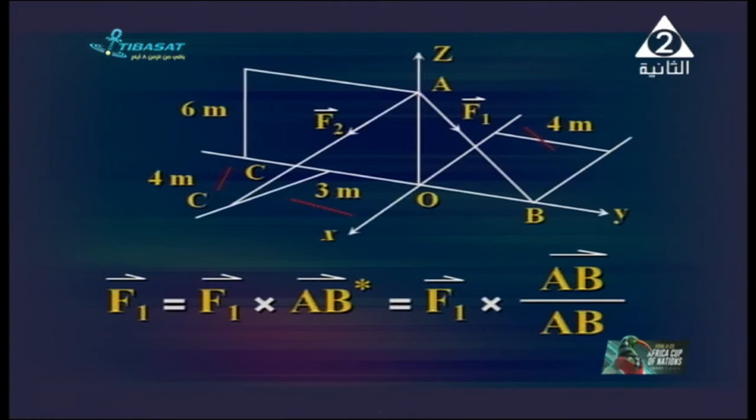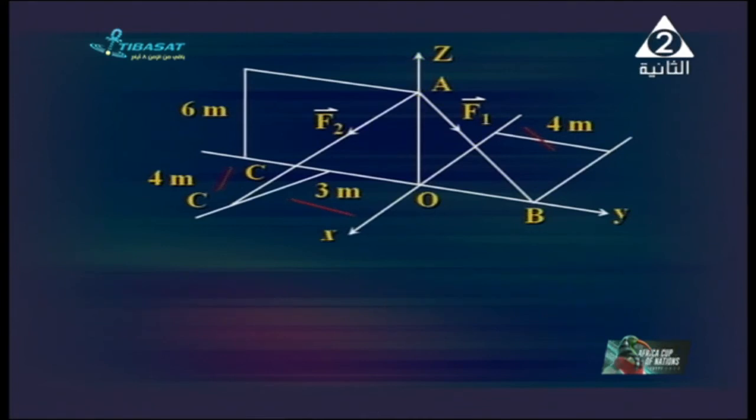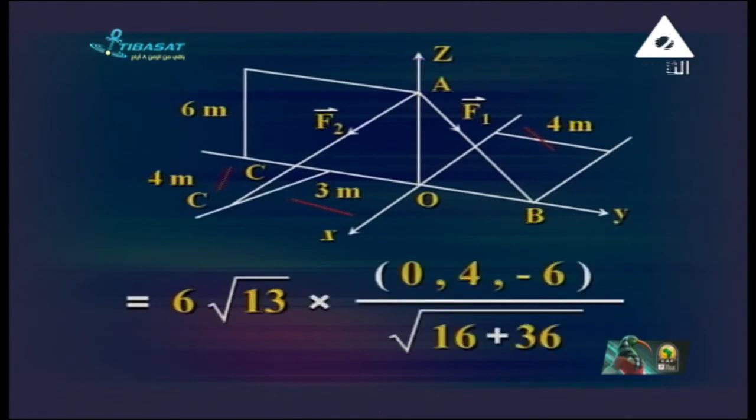F1, we know that F1 equals 6 root 13 from the given, times the vector 0, 4, negative 6 over the norm of the vector. What is the norm of the vector? 4 power 2 plus negative 6 power 2. Answer is, my dear student,